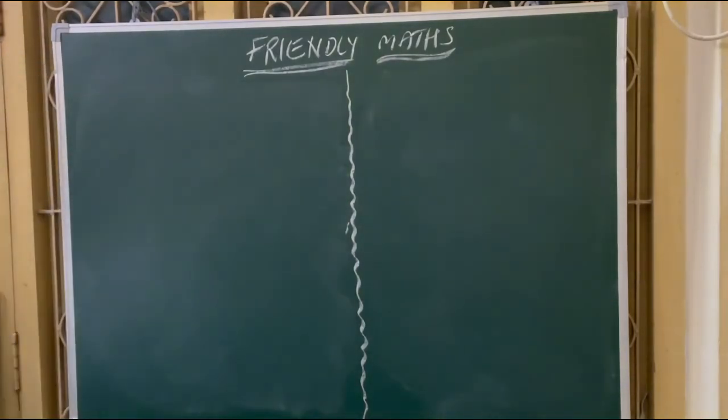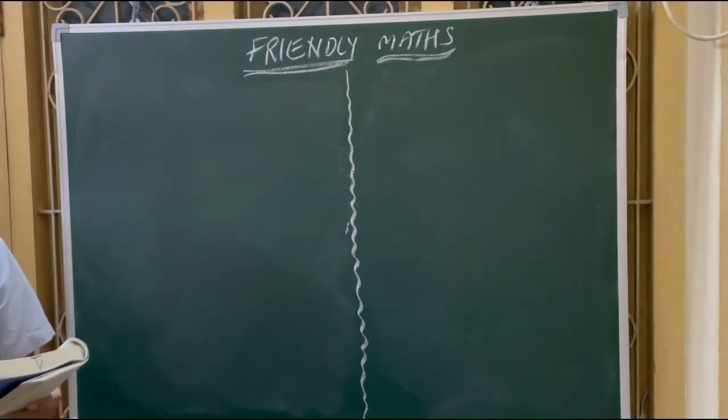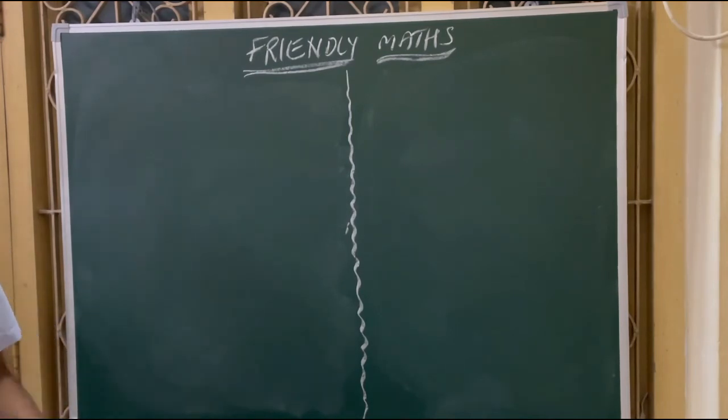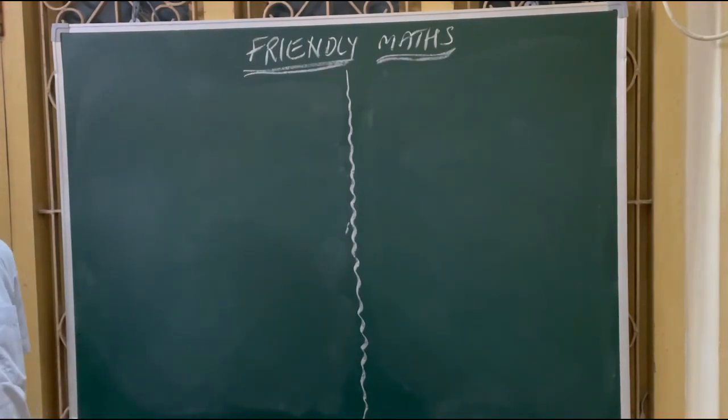I will read the problem. The area of a rectangle gets reduced by 9 square units if length is reduced by 5 units and breadth is increased by 3 units. If we increase the length by 5 units and the breadth by 2 units, the area also increases by 67 square units. Find the dimensions of the rectangle. There is no need to take x and y. Already we have length and breadth.